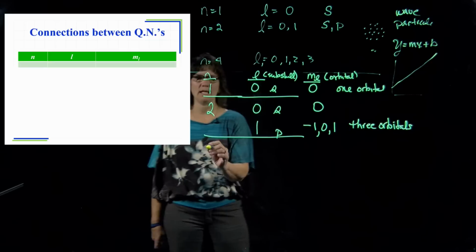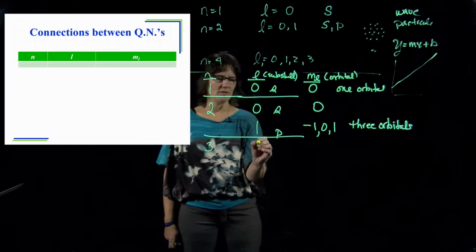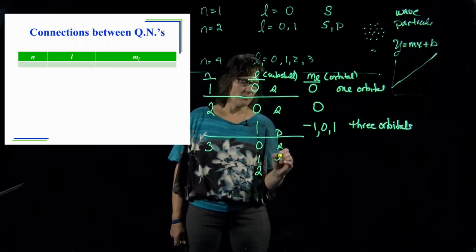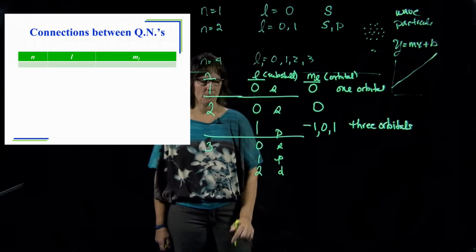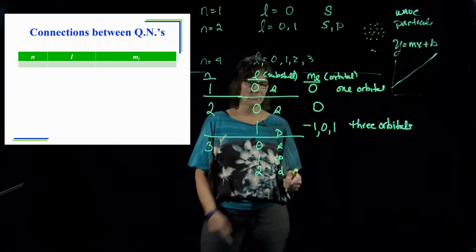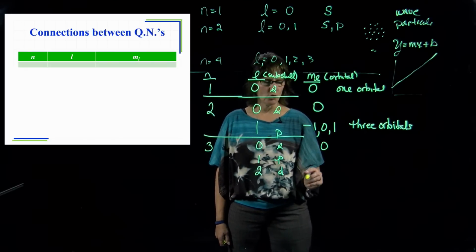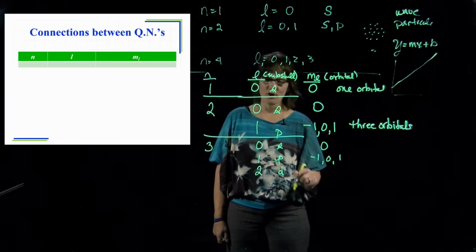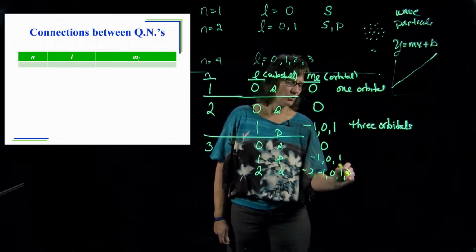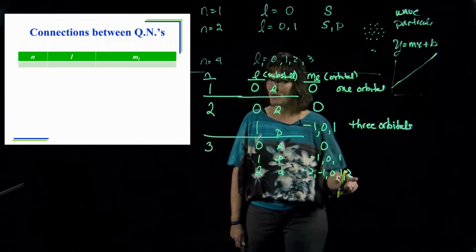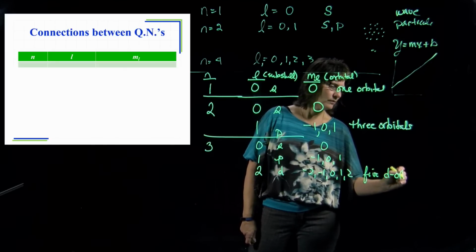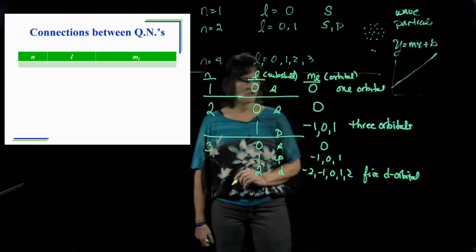All right, very little. Let's go out to N equals 3. When N equals 3, we have a 0, a 1, and a 2. These are our subshells. We have an S, a P, and a D subshell. There are 3 dormitories in this campus. It's a bigger campus. In the first dorm, it only has 1 room. In the second dorm, there are 3 rooms, 3 orbitals. And then D goes from -2 up to +2. We have 5 numbers there. There are 5 D orbitals in a D subshell.